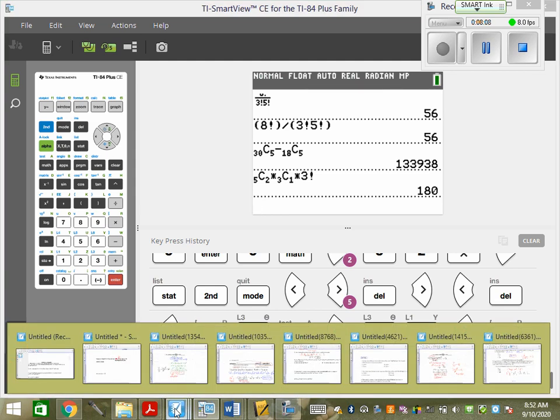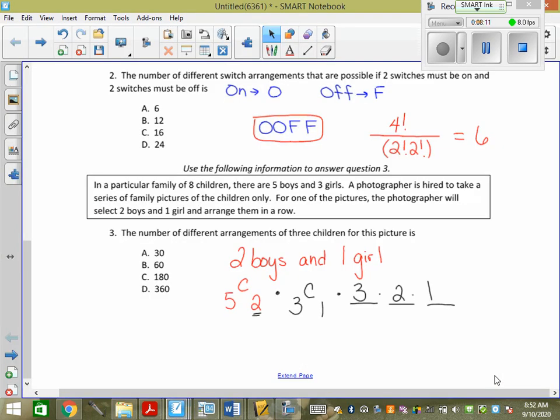Couldn't you have just treated it like the fundamental counting principle, doing 5 and 4 for the boys, 3 for the girl, and then times it by 3 because the girl can go in any one position? That is a unique way to do it, and no one ever thinks of it, and it would work in that way only because you're moving the girl around. And it only really works well because it's one girl being embedded throughout.